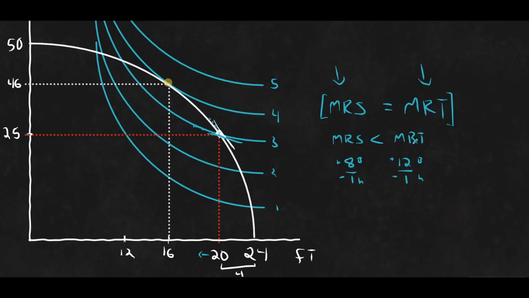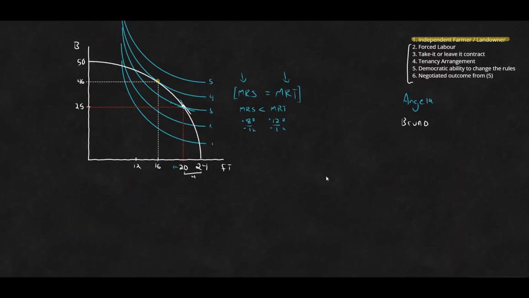Okay, so let's just zoom back out here. What we've looked at is the case of the independent farmer, where Angela both owns the land, all of this land, and so her decision is just entirely, hey, because I own this land, how do I utilize it, giving up my free time to get the fruits of the land in such a way to maximize my utility altogether. And we see that she does it by equating her marginal rate of substitution to marginal rate of transformation, and thus gets to indifference curve 4.